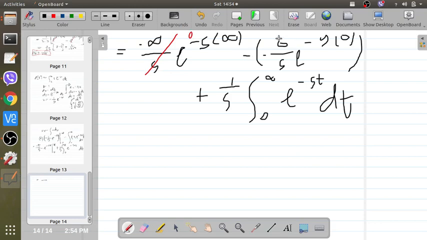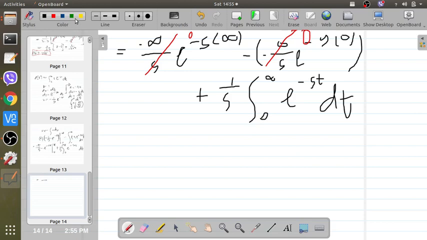Then minus negative 0 over s times e raised to the power of negative s times 0 is 0 over s, which is just equal to 0. 0 times any constant is just equal to 0. So the whole equation is 0 plus 1 over s integral of 0 to infinity e raised to the power